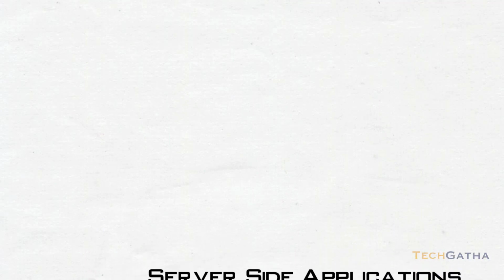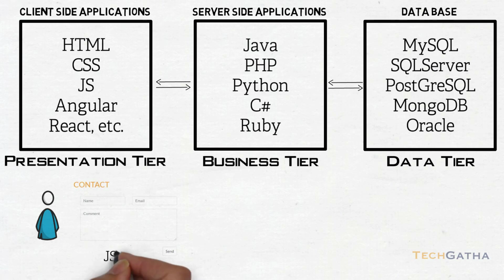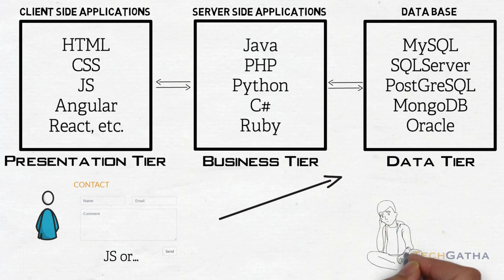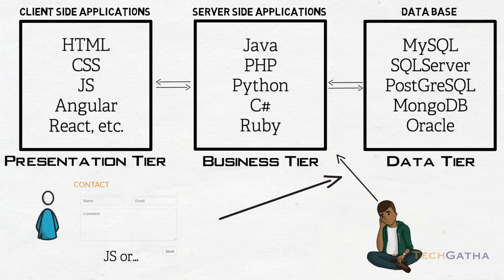In a nutshell, this is how a three-tier architecture looks with all its languages and technologies in their respective blocks. Assume there's a developer, expert in creating front-end or client-side applications using plain JavaScript or any of its libraries. Now, just to communicate with the database as we discussed, there's an overhead on the developer to learn a new language so that he can create server-side applications.